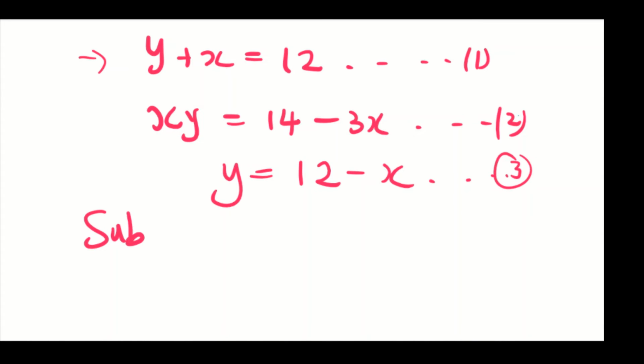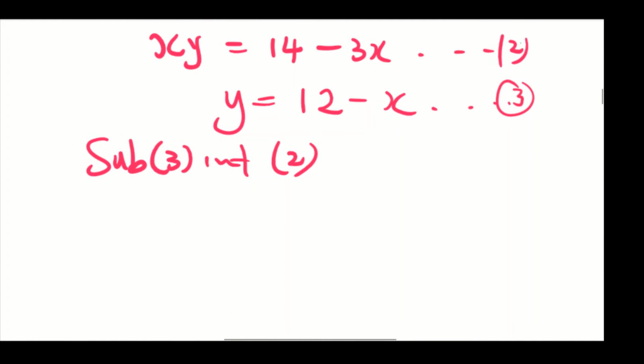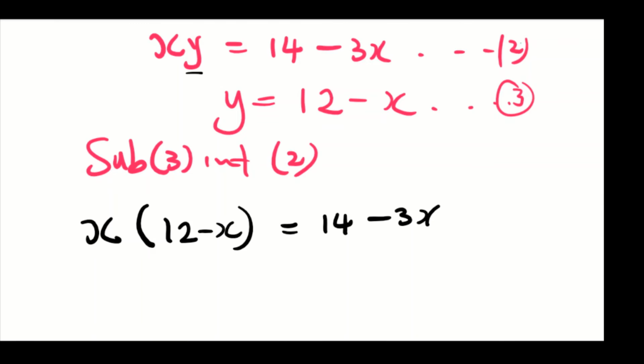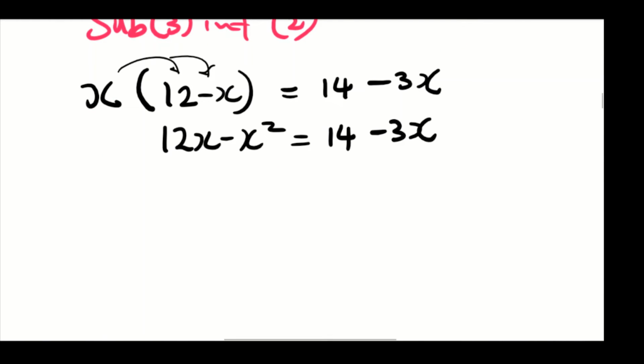So we're going to substitute equation 3 into equation 2, right? Whenever we see y, we're just going to put 12 minus x. So we're having x times y, right? So it's just going to be x times (12 minus x) equals 14 minus 3x, right? So this x will multiply everything inside, so it's going to be 12x minus x squared equals 14 minus 3x, right? And then we're going to collect like terms, so it's going to be minus x squared plus